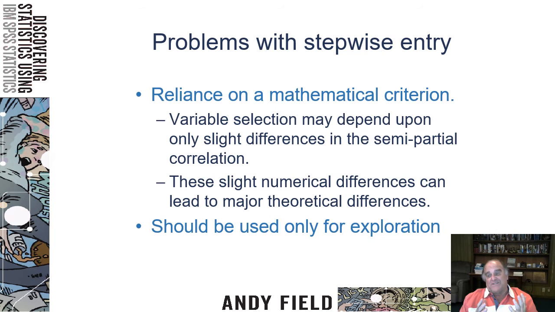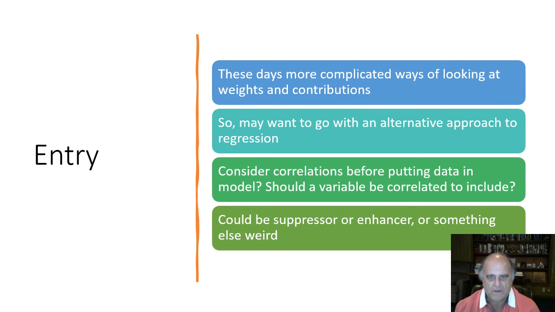Also, as I indicated, you could look upon stepwise as being a sort of very basic type of machine learning or artificial intelligence approach to the selection of the regression model. Okay,